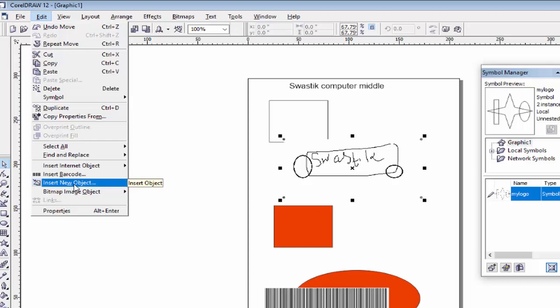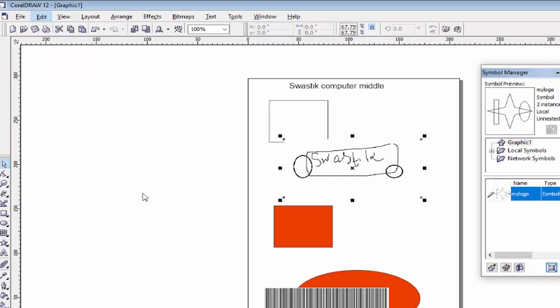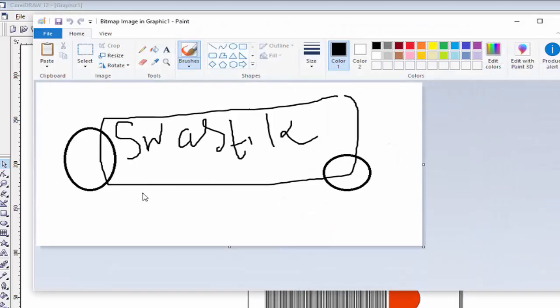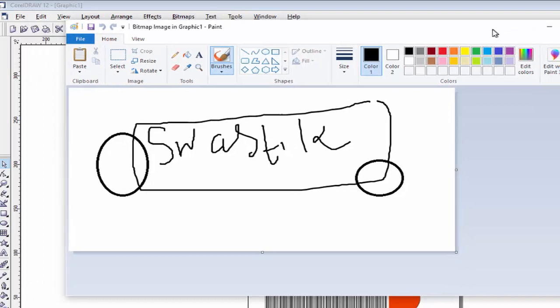So these are the options we have discussed today in this video. And last, if you want to edit this object, if you want to make changes in the object created by Paint, you can use this option, bitmap image object, select edit. You will see the Paint option again available on your screen.